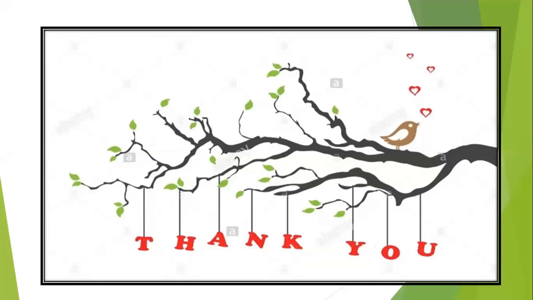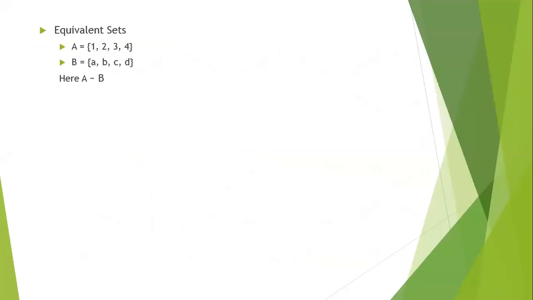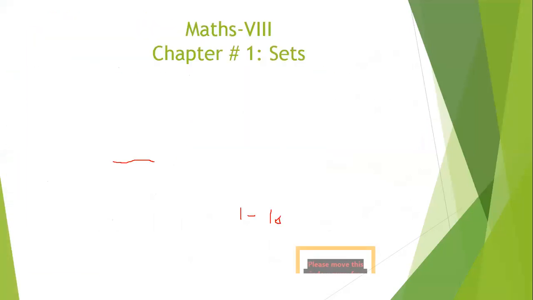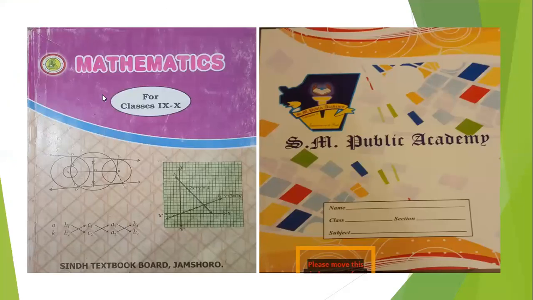So, Miss, can you show us the book front side? Yes, I am going to show it to you right now. This is the front page of your book, Mathematics for Class 9 and 10. Exercise 1.1 has to be written on a loose sheet. Beta, I am going to give you the assignment and you have to do that assignment on the loose sheet. Fawzia Fawad, beta, please check the slide. Miss, okay, set builder notation. Beta, set builder notation once again.